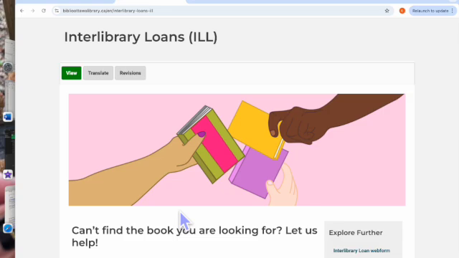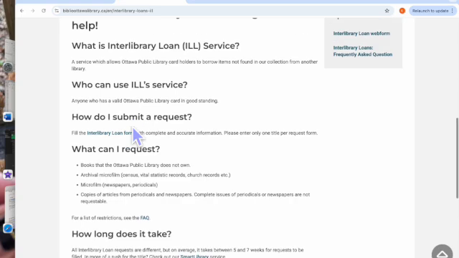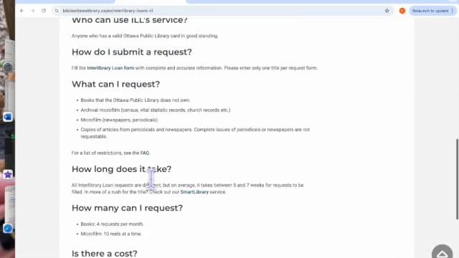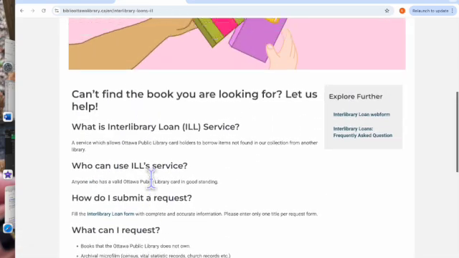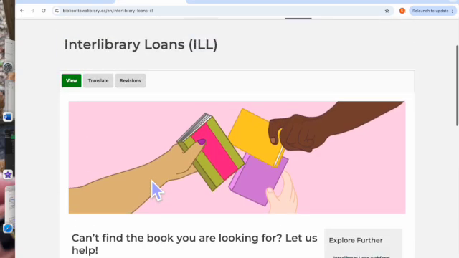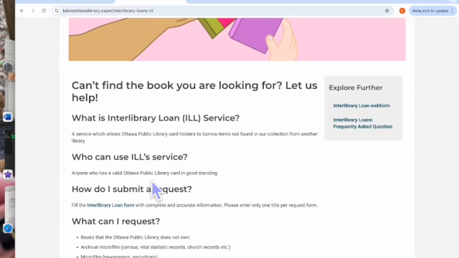So for an interlibrary loan, you have to make sure that you're asking for a book that Ottawa Public Library definitely does not already have. Luckily, the website is smart enough to search for you after you've already searched yourself. You know for sure they don't have it, but yet still they make sure. So once you click the ILL, you see this page, this Interlibrary Loans page, and under the third question of